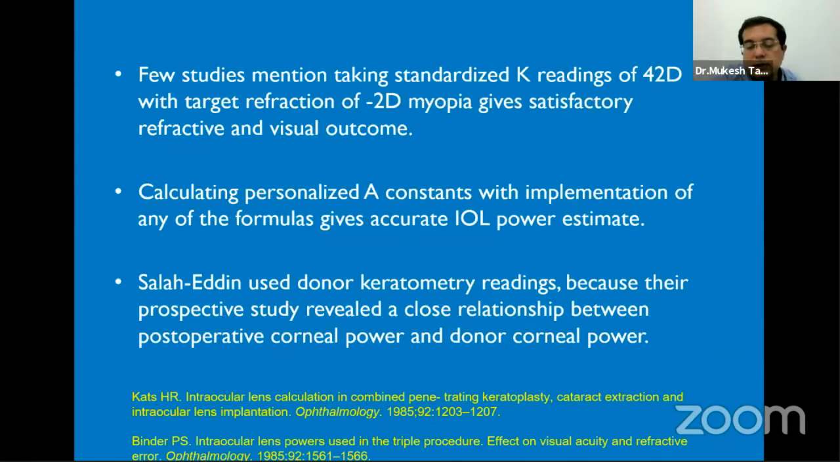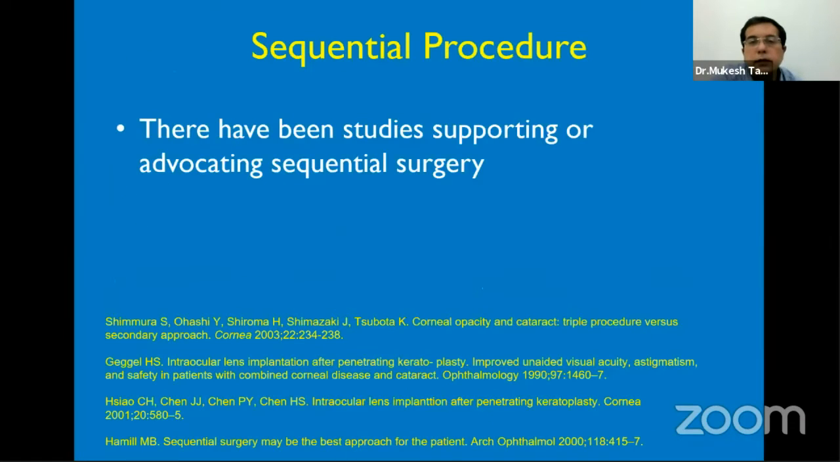That is, he has used the keratometry which he did in the donor eyes before they were retrieved from the deceased person, and those K readings were used for calculation. In his paper, he has mentioned that they were significantly better than the standard case. However, more and more people, including myself, now want to go for sequential surgeries